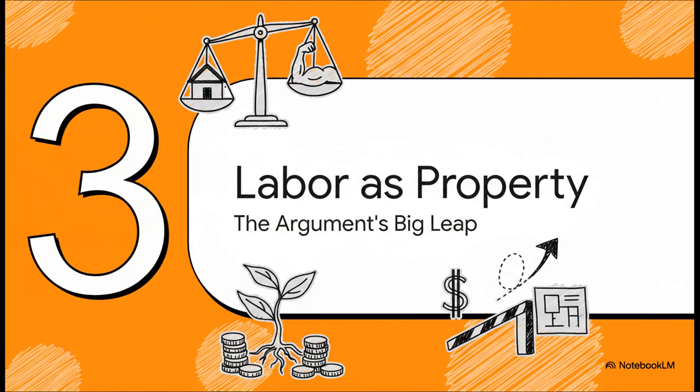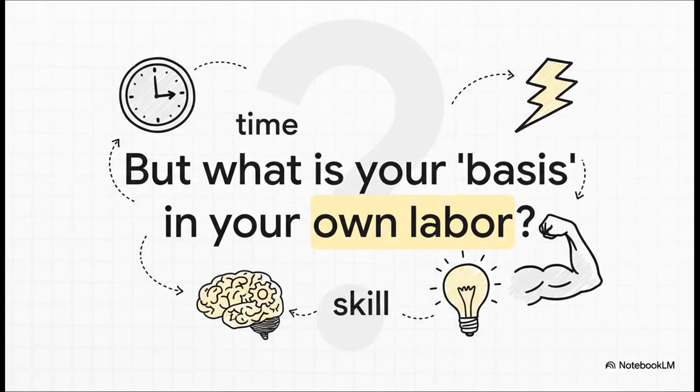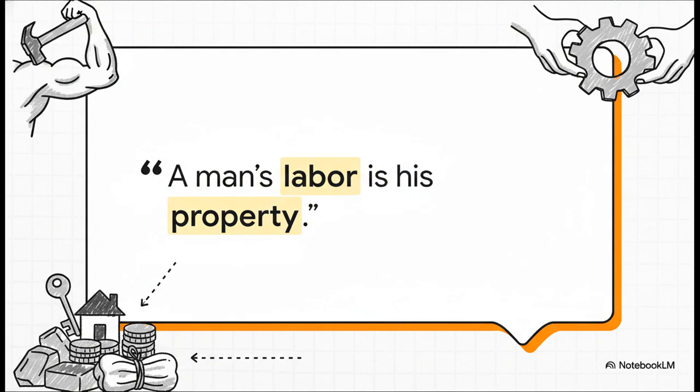Okay, now everybody buckle up, because this is where things get really, really interesting. This is where the source material takes these well-established legal ideas of basis and gain and applies them to something we all have: our labor. This right here is the big leap. And this, of course, raises the fundamental question of this whole thing. If you need a basis to figure out if you even have a gain, then what in the world is your cost basis in your own time, your own skills, your own energy? Is it zero? Well, to answer that, the source points to another huge Supreme Court case, this one even older, from 1873.